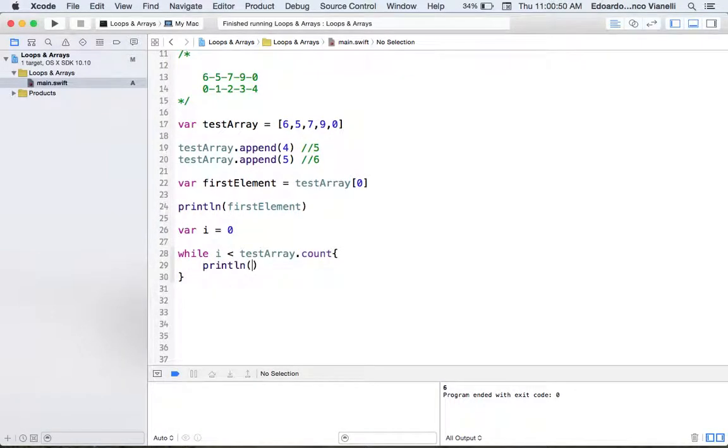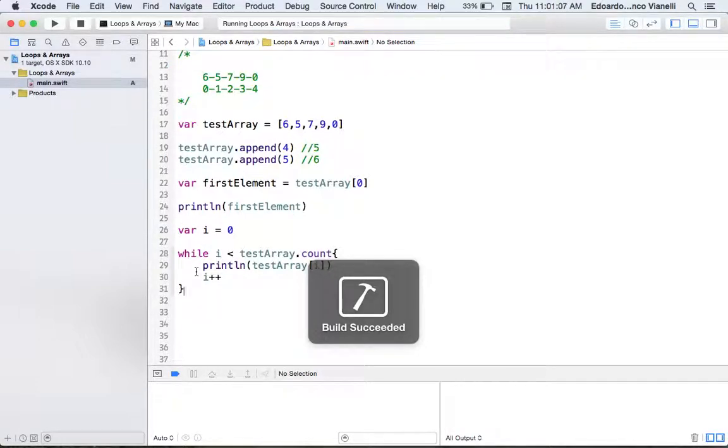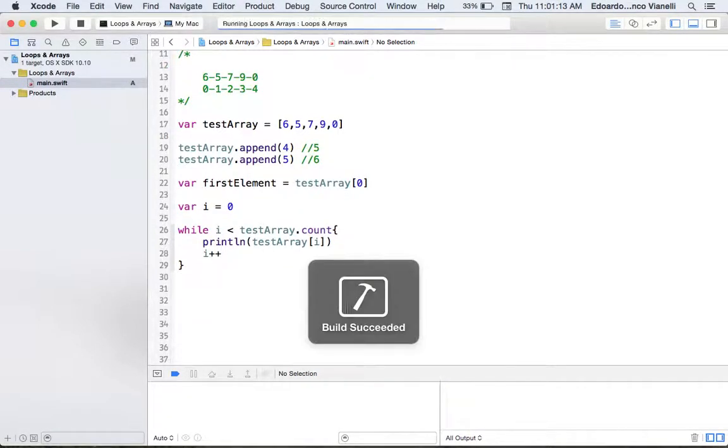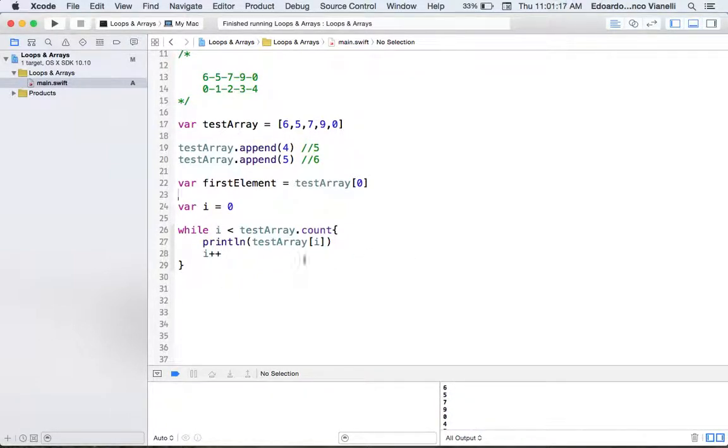You can print line test array at I, and after you've done that, you can increment I, and it'll just print every single element. There it goes. So that is one way,